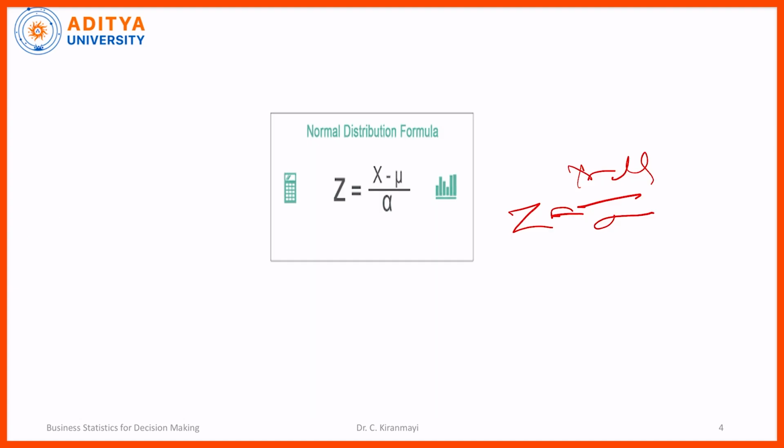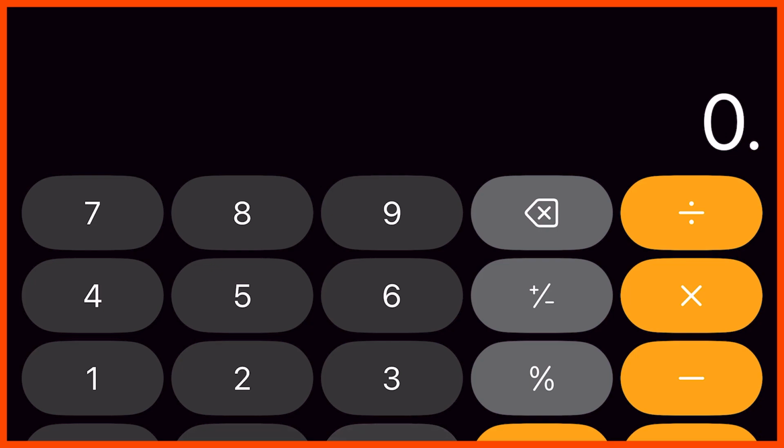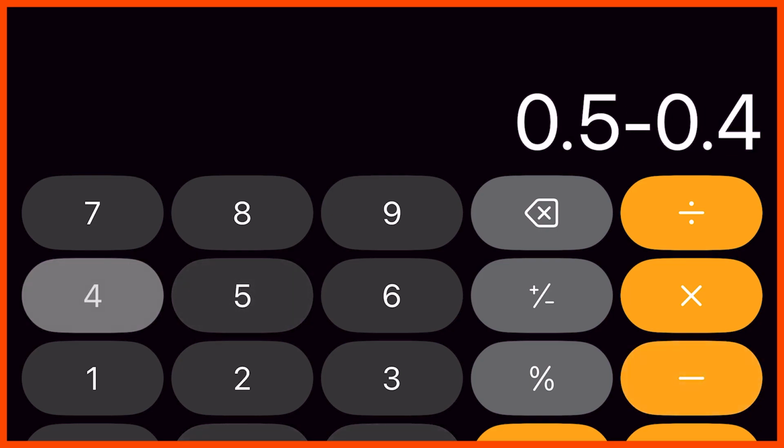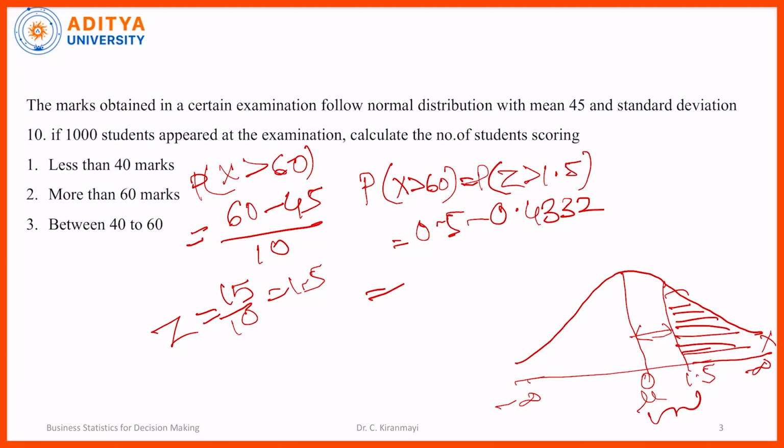Now, substitute here 0.4332 and subtract from 0.5. It is 0.0668. It means that 6.6%, that is approximately 7%,